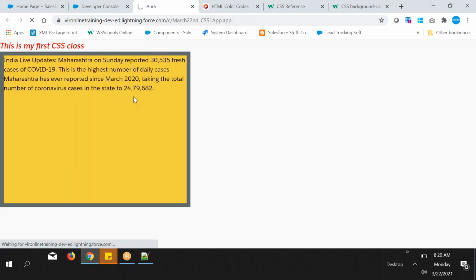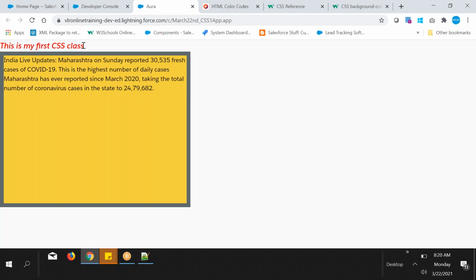What are margins? Suppose this text, I want to move a little bit to here. I want to display this text a little bit here. Okay, I want to start this text from here, guys. Only this heading text should start from here. How to display? You need to use margins. The margin from borders it will calculate, guys. Margin from the border or margin from another tag it will calculate.